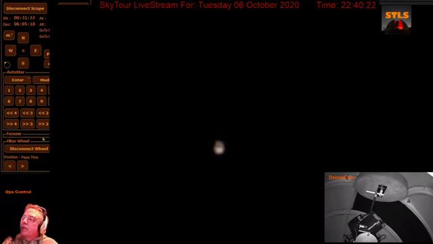This is not the filter view. This is without a filter. Filters change the focus, so that's why this looks out of focus. If I change this now to the filter that we're using, narrowband 1, you'll see that there's nothing there. Narrowband 2, we should just be able to see the star image because it's that wider pass through the entire spectrum I was talking about.